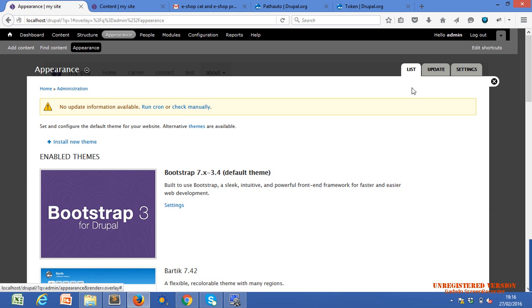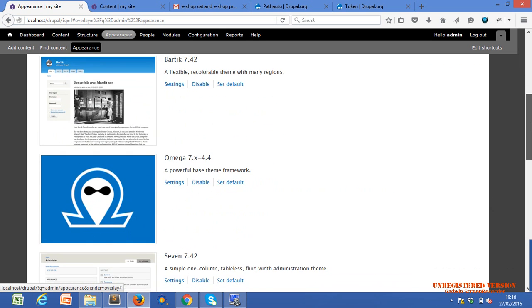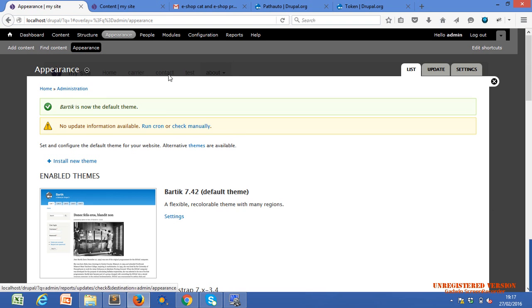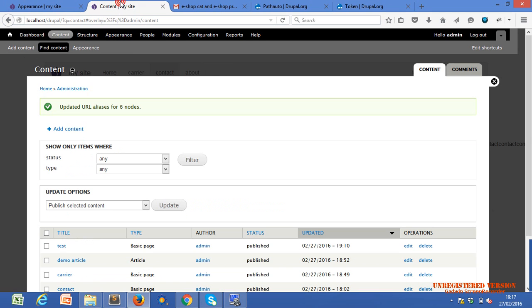Let me change the theme. From where can we change the theme? Khushi, Nazar, Khushi, are you there? I just change the theme from appearances and set a default, a particular theme, whatever we have in our list. And to add one, just put the folder into the theme section, so we will get that particular theme.